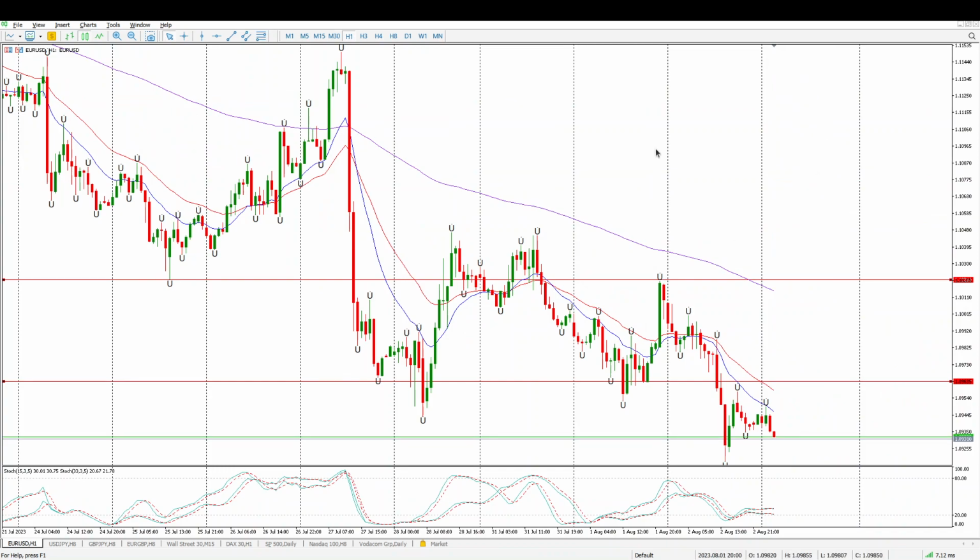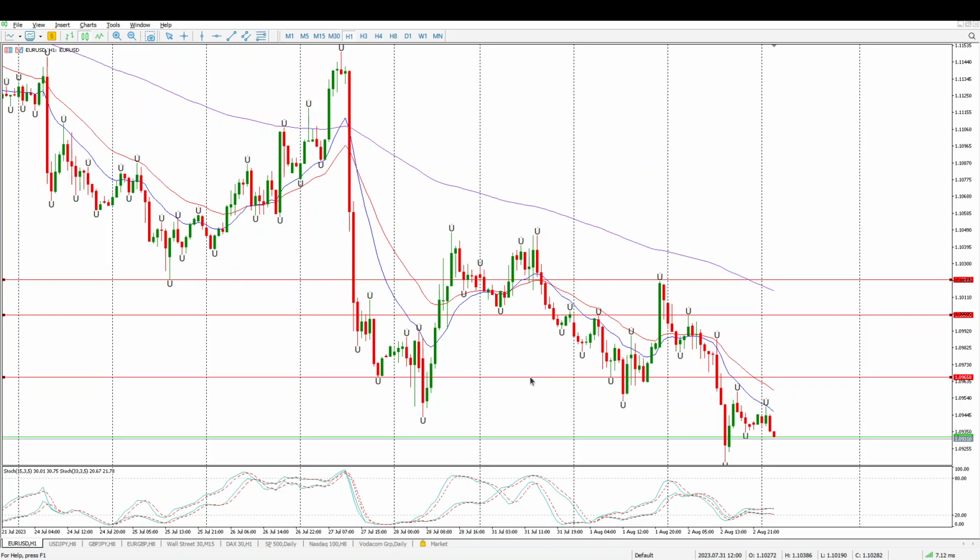And nothing really happened yesterday. You can see if you just put your levels in, there was nothing really that stood out, indicating this is where we need to be taking a trade off. We did get this little pin bar off this previous swing high here. I suppose hindsight being a perfect science, that's probably what we should have been doing. But I think for me, I would be looking for, just going to adjust this level a little bit there,